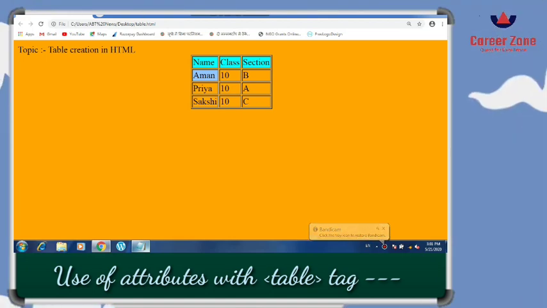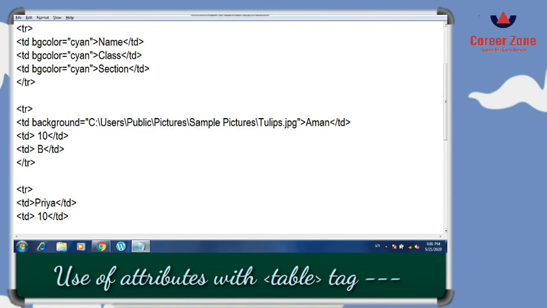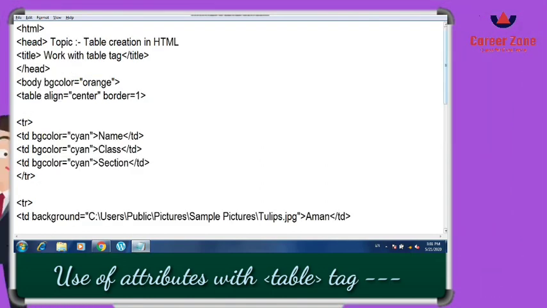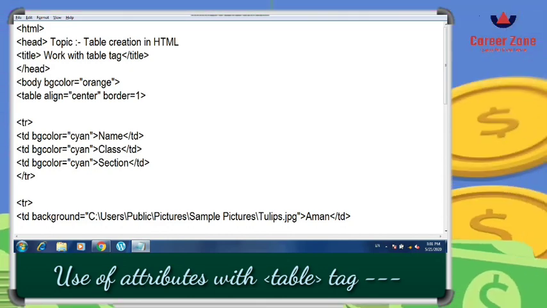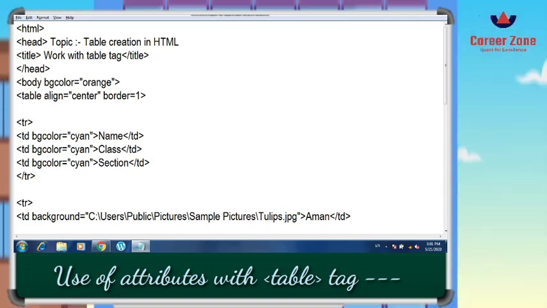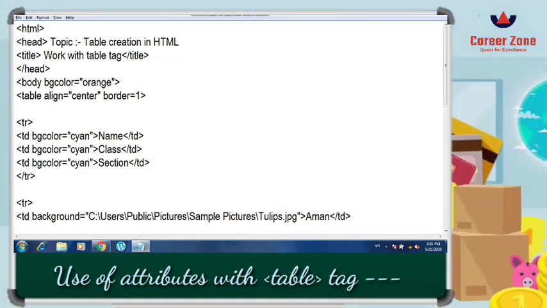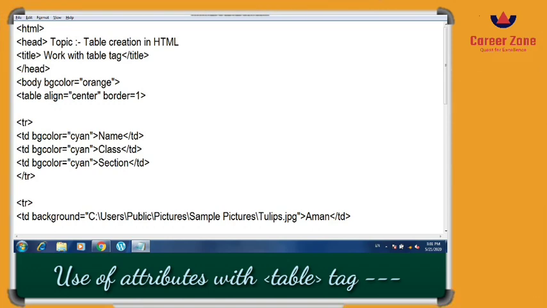Now let us see some other attribute. Now suppose here, as I have used this cyan color along with the TD tag, the sub tag of the TR tag, wherein I was willing to change the background color of the first row.